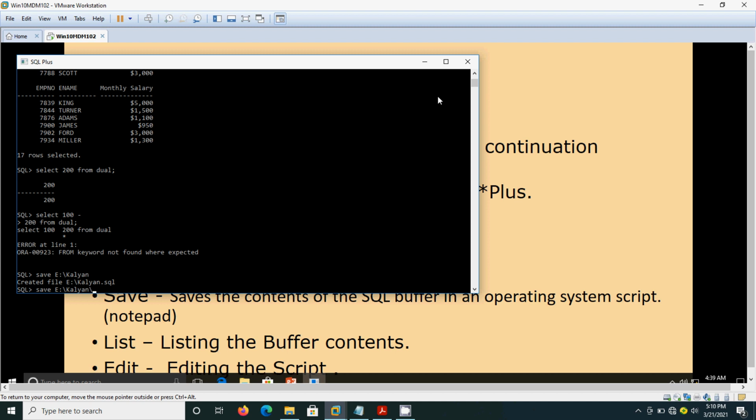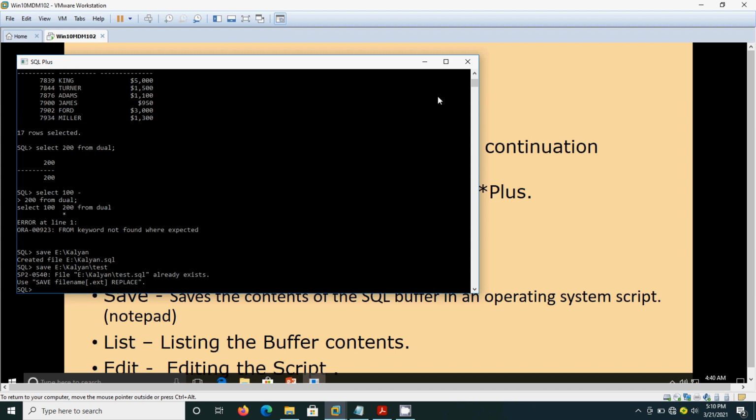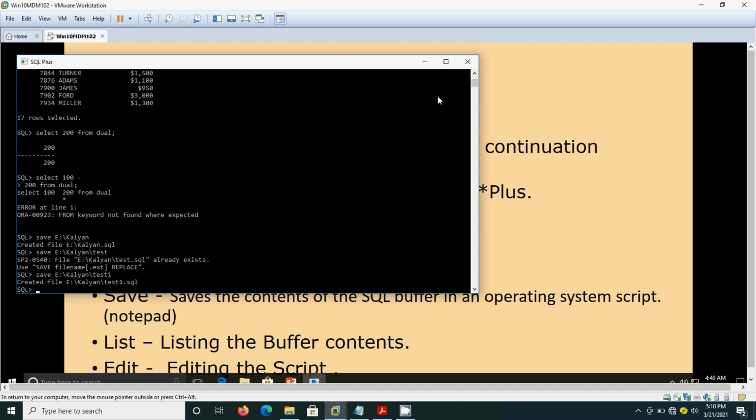That's my name actually. I'm going to give test. It shows already exists. Then I will do test1. It created a file called test1. So it saved the SQL in test1.sql.